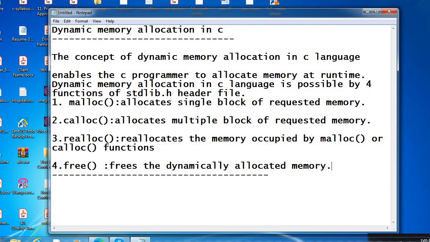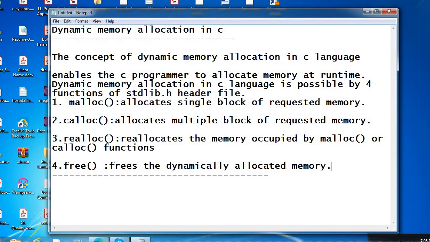So first one, malloc function in C, we will see the syntax and program. The malloc function allocates single block of requested memory. It does not initialize memory at execution time, so it has garbage value initially.